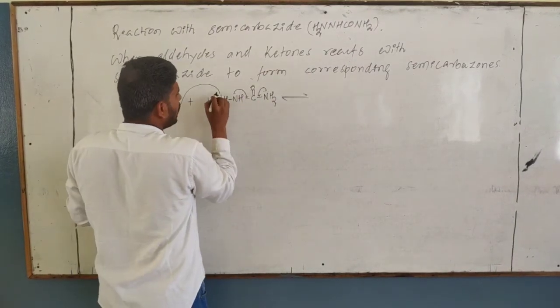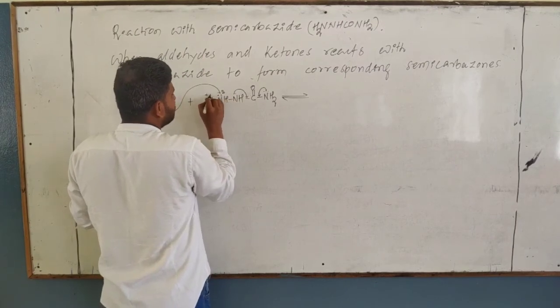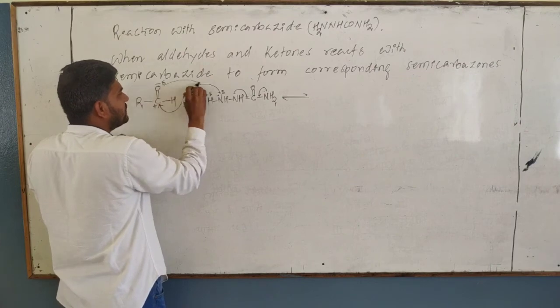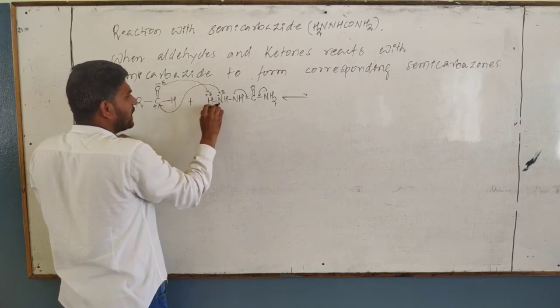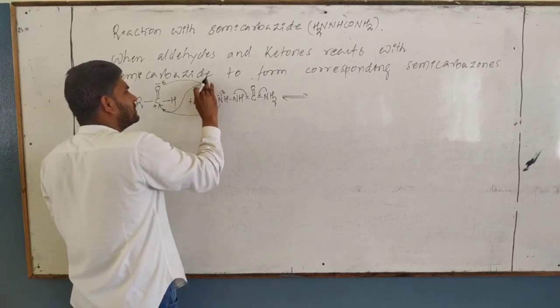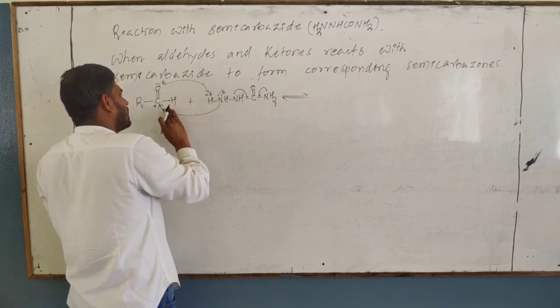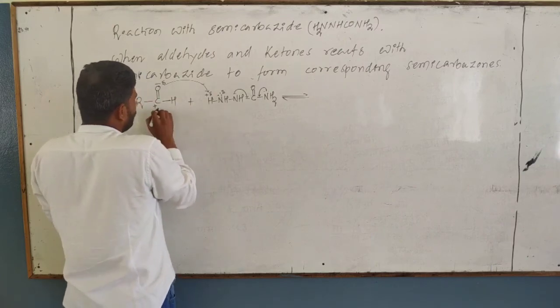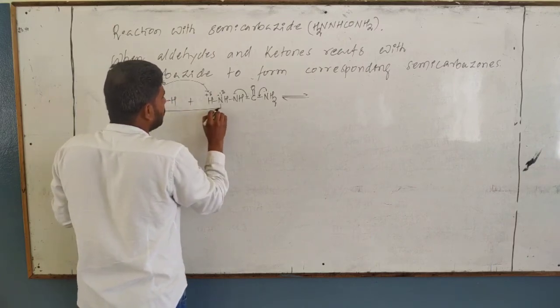Okay, you know already that this is negative, this one is positive, and this carries negative. Just the negative attacks the positive, and this negative attacks this positive. That I showed already. Okay, don't get confused with these arrow marks. So many times already I explained these things. Okay, no need to go into detail now.